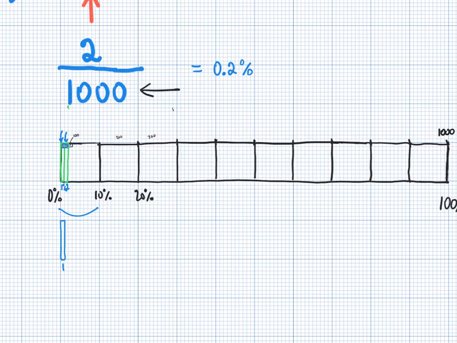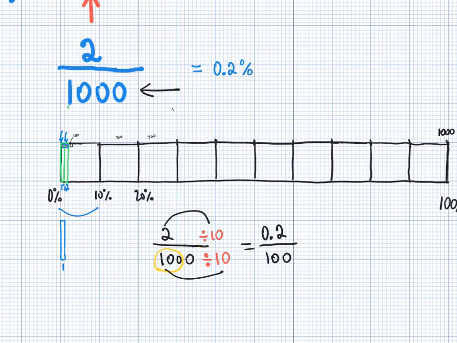Now let's do the work. If I have 2 out of 1,000, I want my denominator to be 100, not 1,000. Right now we have 1,000. So I'm going to divide by 10 so I can go from 1,000 to 100. When I divide on the bottom, I divide on top. So now I can clearly see that 2 divided by 10, so those are the two green sticks that I did, is the 0.2 over, and then we have that 100, because 1,000 divided by 10 is 100, which makes it